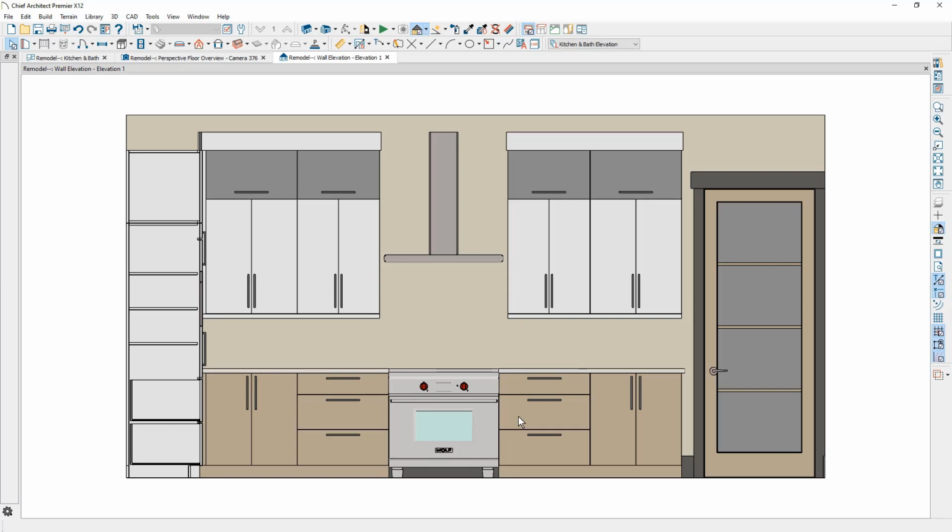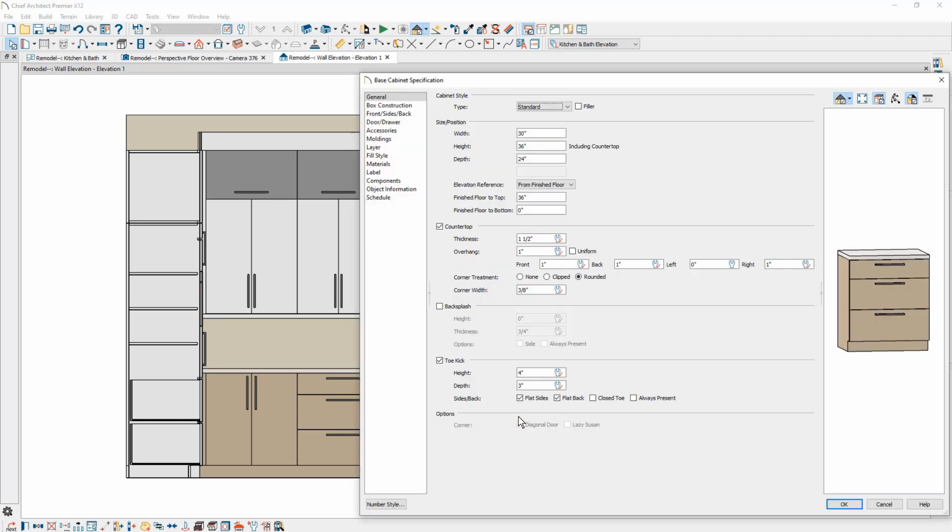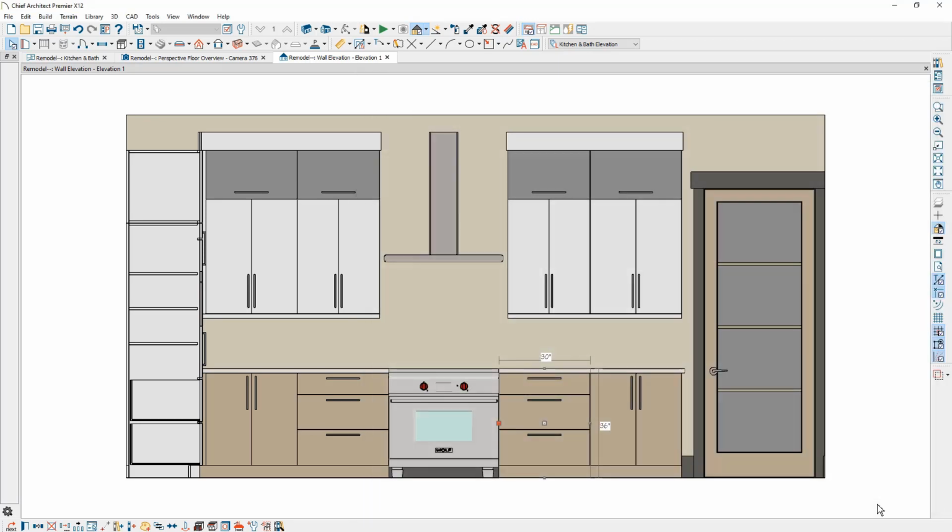Now let's place a backsplash. Cabinets can have backsplashes associated with them. If you're going to set maybe a 4-inch or an 18-inch backsplash on your cabinets, there is a setting in your cabinets where you can come in and put the backsplash in here and set the height of it. You can do the same approach with your wall cabinets. I will typically place those backsplashes independently of the cabinets. There is a specific tool for backsplashes that you'll find underneath of the cabinet tool itself.